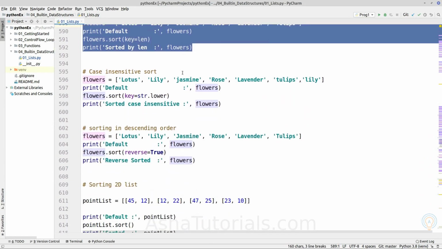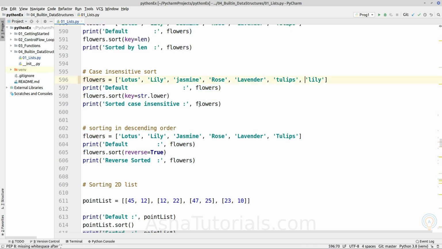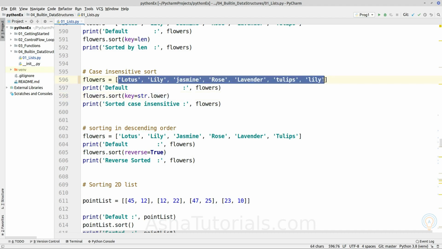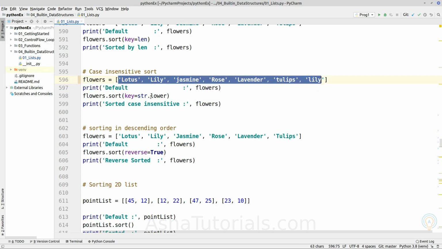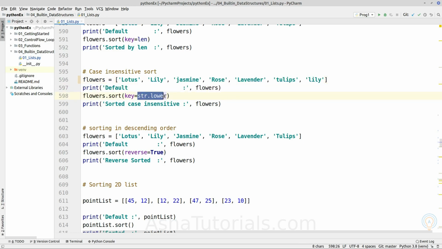Same way we can apply other functions, such as if we want to sort the given list of string in case insensitive manner, then we can provide key as str.lower. Lower is a callable function. So as each element is a string, we are providing key as a function of a string object. Okay, if the elements are different here, we cannot provide the function of a string object.